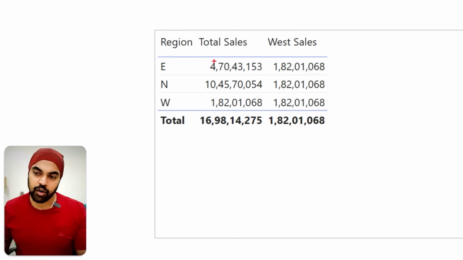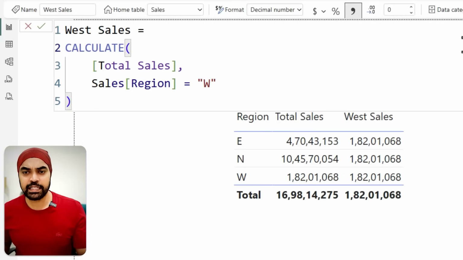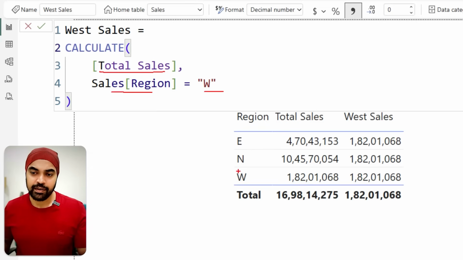Let me try to help you understand what I'm trying to do here. So I've already got the total sales measure right here, and alongside the total sales I've also written a West sales measure. Let's just take a look at the measure real quick. If you take a look at the West sales measure, all that I'm saying is that I still want to do the total sales calculation, but I would like to apply the filter which is region equals West, and obviously whatever is the West number, I get to see that number everywhere in my pivot